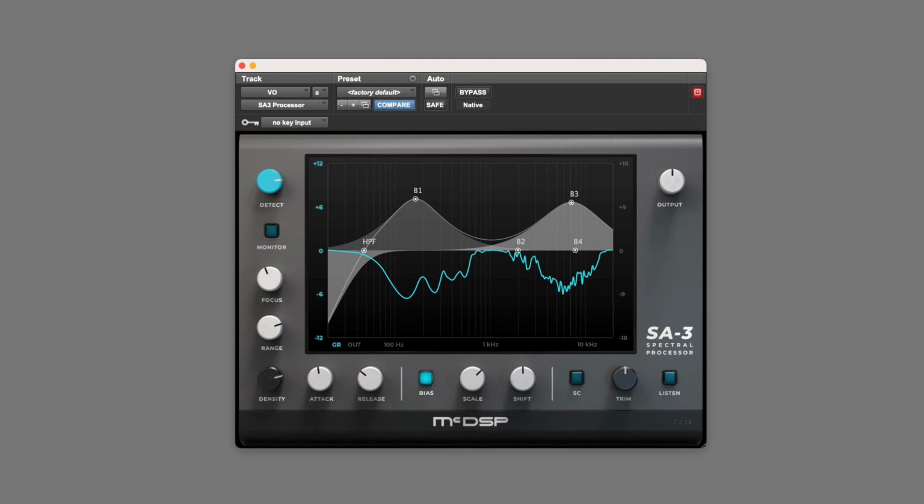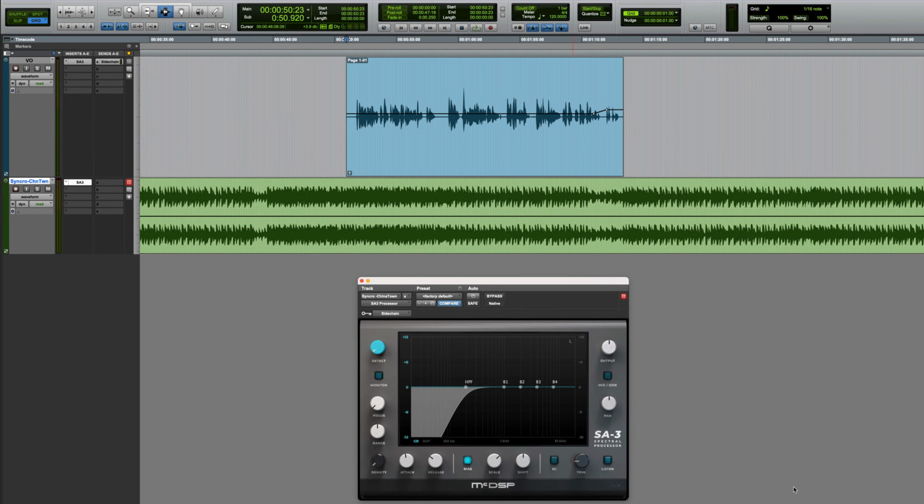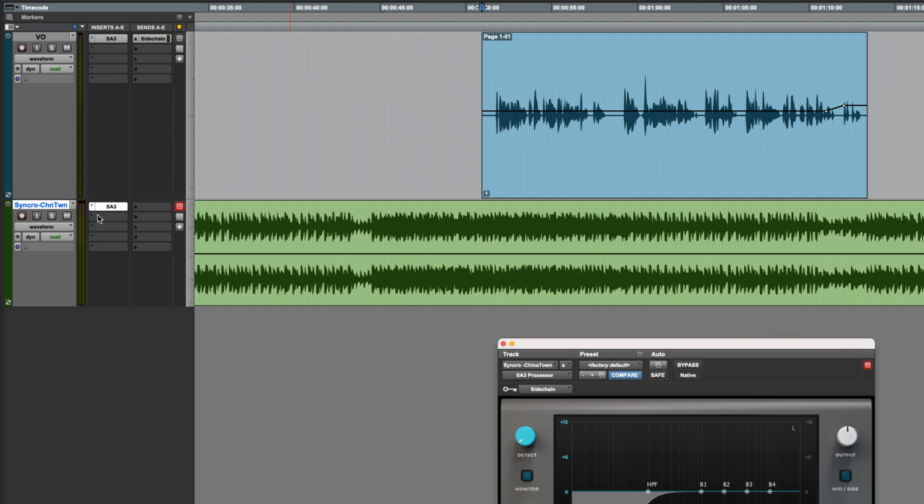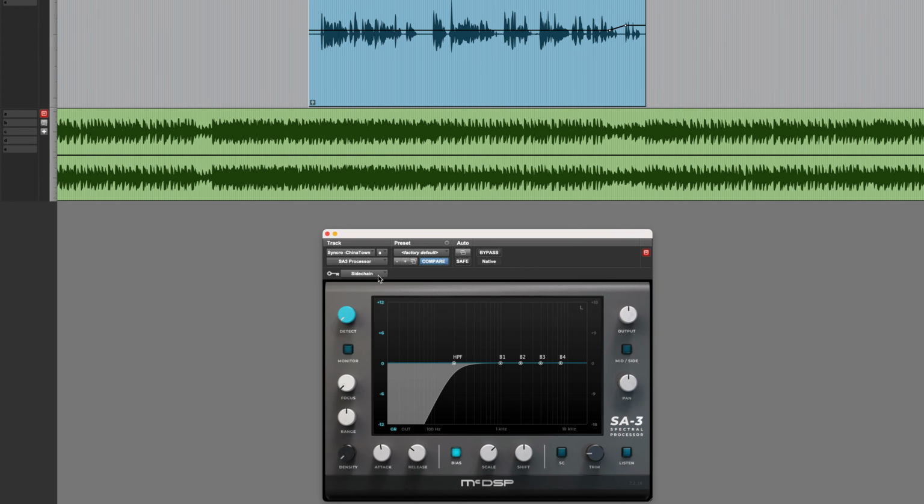Let's take a look at one other example of how SA-3 can be extremely useful in a session. I'll add some music in behind the voiceover, and let's say we wanted to duck the music whenever the voice is present, but particularly in the overlapping frequencies where the voice and music conflict. I've put SA-3 on the music track, and for my dialogue track, there's a send which I've routed to the sidechain in SA-3. Now, enabling the sidechain and making a few adjustments, I can get the SA-3 to duck the